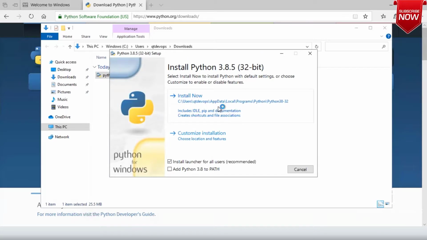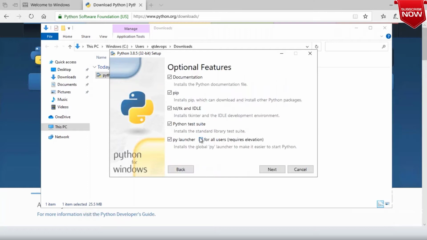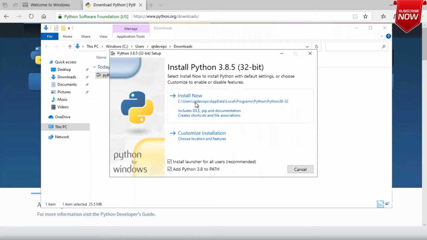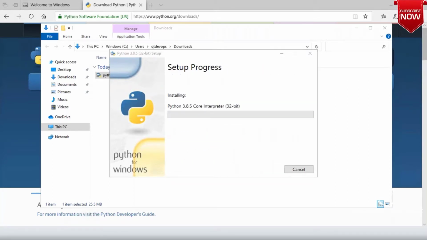So are you seeing? And then don't forget to add this to the path. If you don't add this to the path, when you type Python from the command line, nothing will work. Then it is asking, do you want to install now or customize installation? You can choose anything. If you click on customize installation, it will tell you the different things you can do. But really you don't want anything. You can just click on install now. But don't forget to add Python 3.8 to the path. So let us wait for the Python software to be installed.